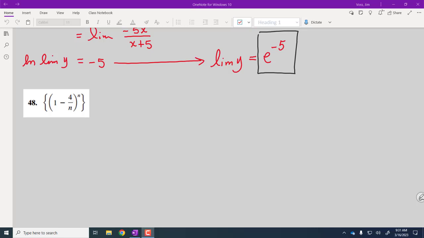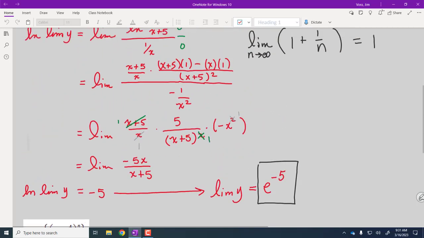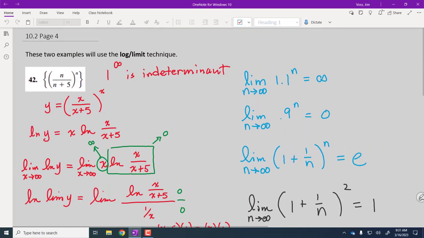All right, well, we have one more example on this page where we're doing the log limit process. So the idea with the log limit process is that if we have an indeterminate form of the 1 to the infinity type, that's when we use log limit. So if we have an indeterminate form, 1 to the infinity, so in this example that we did on Tuesday,